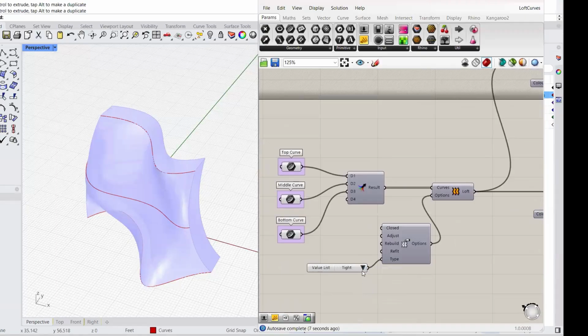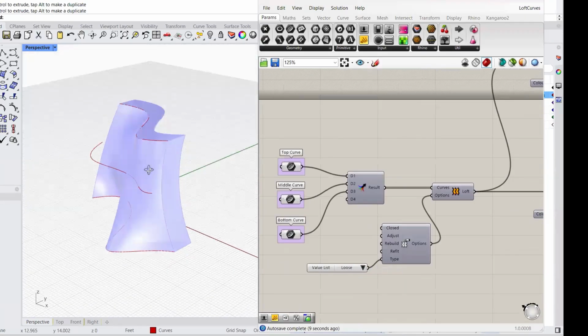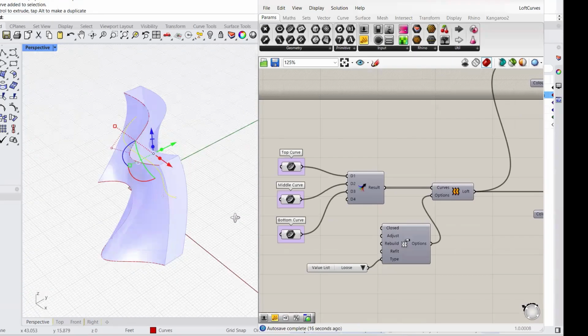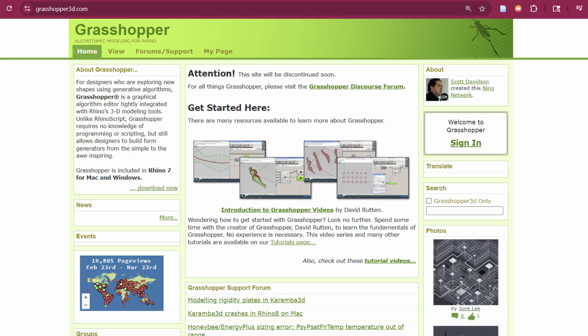That is the leap from record history to explicit history. Record history remembers one link at a time, but explicit history, or Grasshopper, lets you design the entire chain of logic yourself. And one of the things that also made Grasshopper so successful is that it was never just one